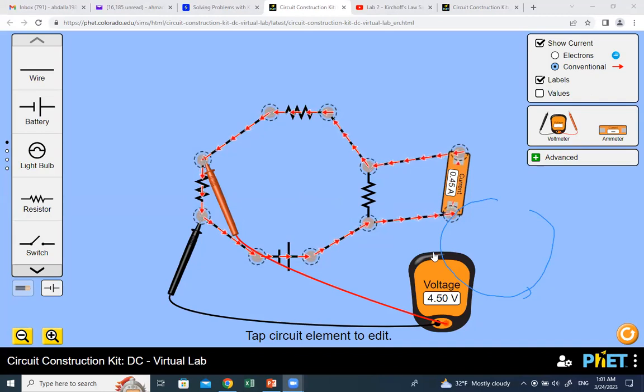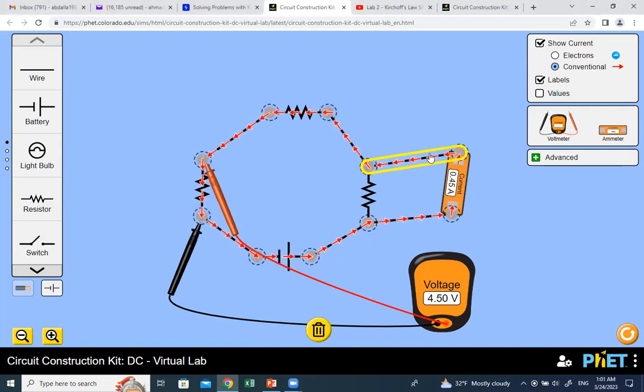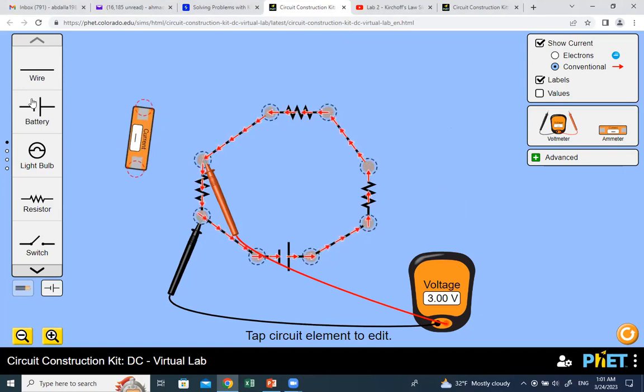The main thing here is to calculate the current everywhere. We call this circuit a voltage divider because the voltage of the battery will be divided across the components. Because it is only one loop or one path, we can use the ammeter to measure the current at different points. Here it's 0.45. If I measure the current somewhere else, for example here,